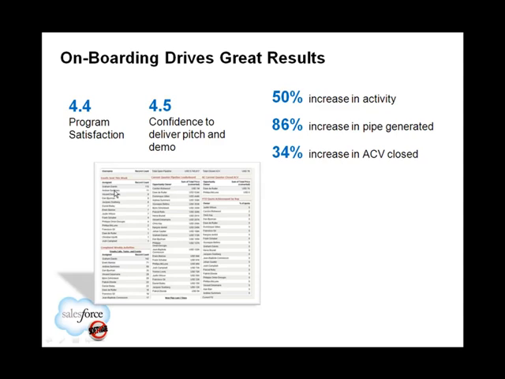On the left-hand side is activities. So here is the tasks created, emails created, all the activity that you'd expect a salesperson to manage inside of Salesforce.com. That shows you who the top leaders are within this specific community. And then in the middle, we've got pipeline created. And on the right-hand side, we've got quota achievement and closed business. So what we've been able to identify is